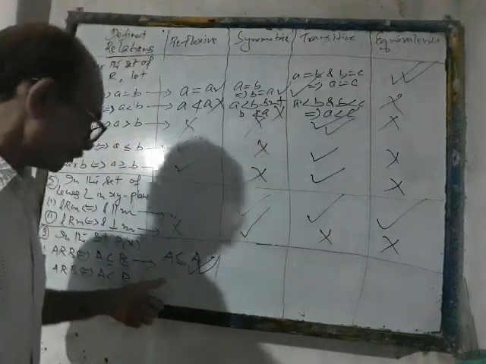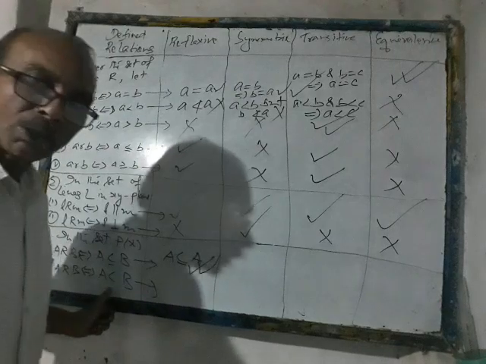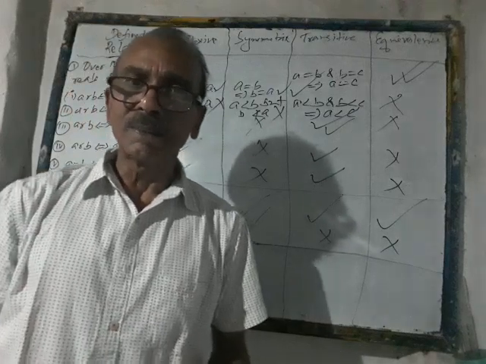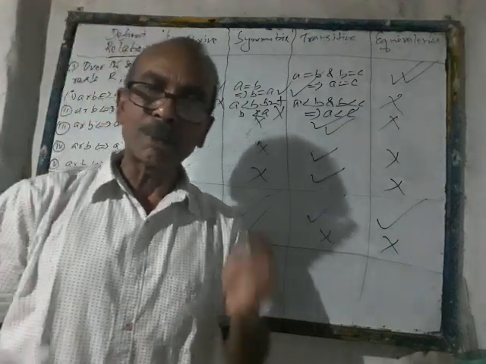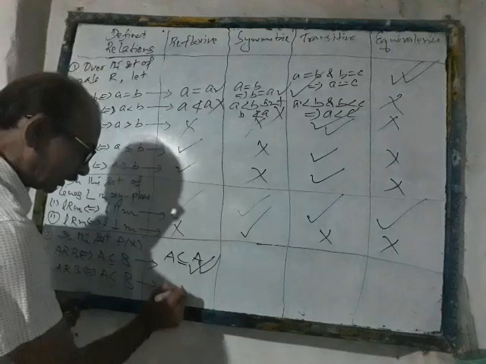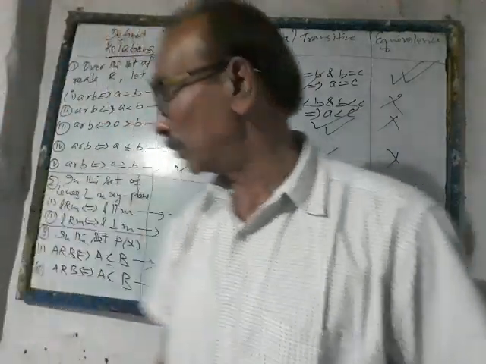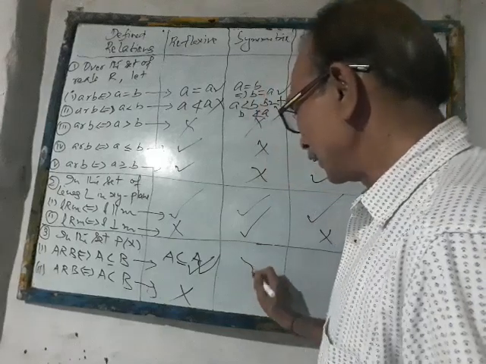But if you talk about the proper subset, A cannot be a proper subset of A, because both of them are equal and have the same number of elements, so we cannot say they are proper subsets. So the proper subset relation is not a reflexive relation. What about symmetry? None of them.